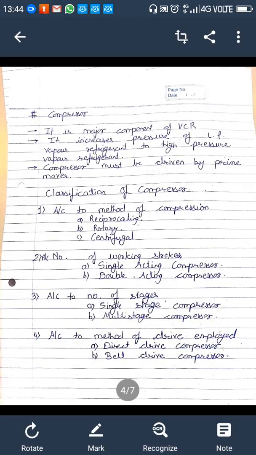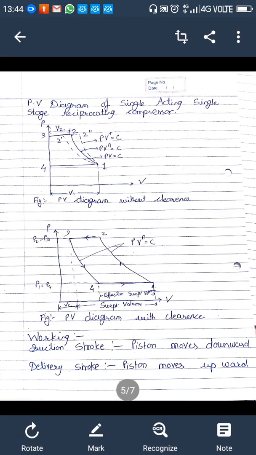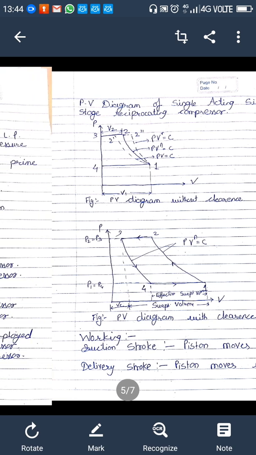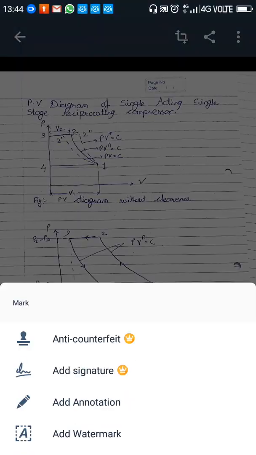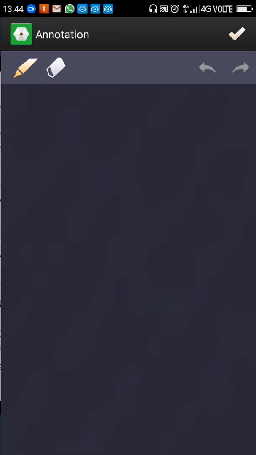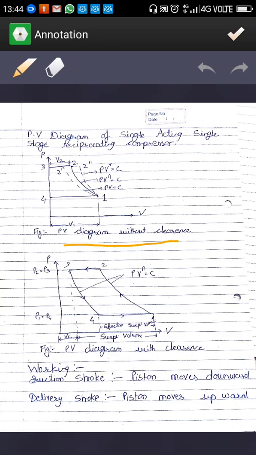Then here we go to the next page. The question you will see in the examination is: draw the PV diagram of a single acting single stage reciprocating compressor and explain its working. Here you can see the PV diagram. This is the PV diagram without clearance, and this is the PV diagram of a single stage compressor with clearance. We see the clearance here. Okay, so the